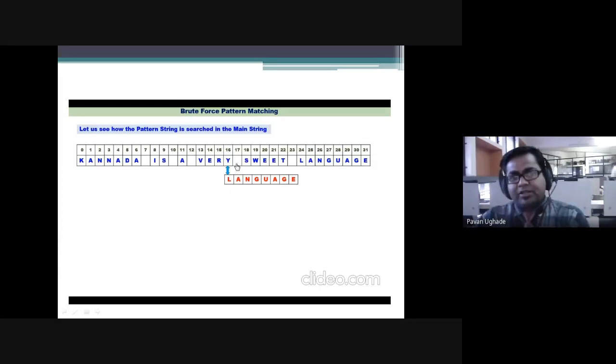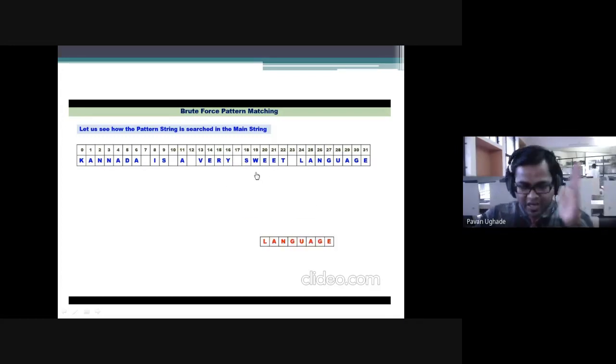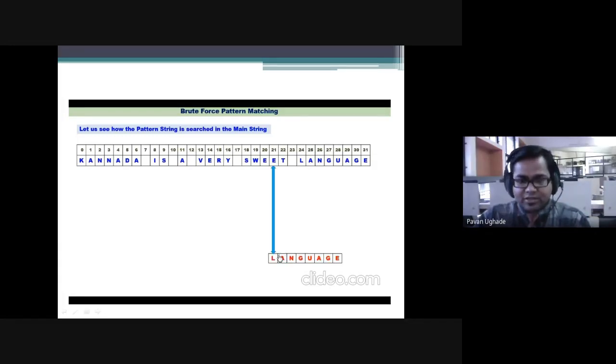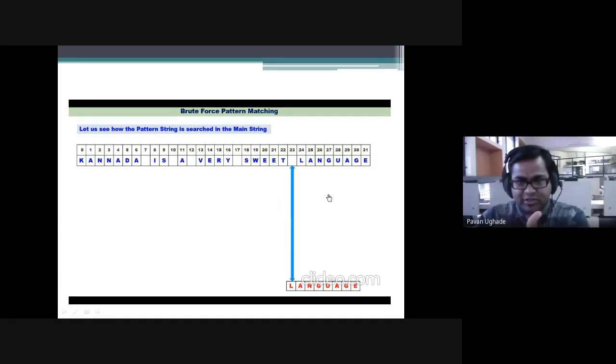If I apply the indexing, definitely I would get it at the 24th position, and in the background it is following the same method. I'll explain how this match happens, and once the match occurs, what all things happen will be seen when we match at the 24th. That is the pattern matching concept which we'll be discussing in the example that we'll be taking through programming.